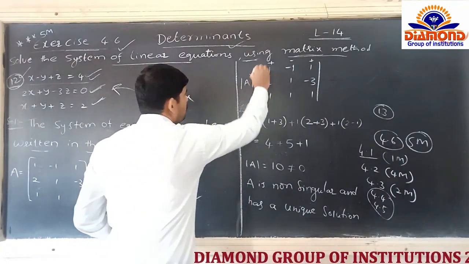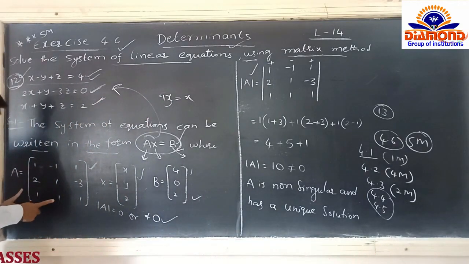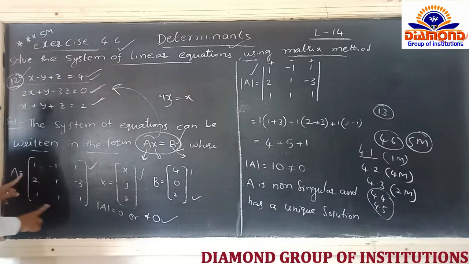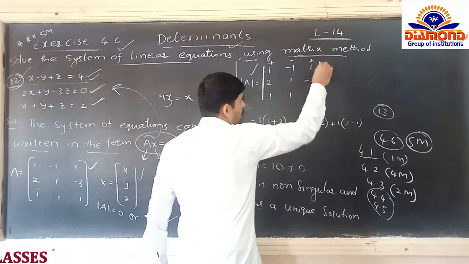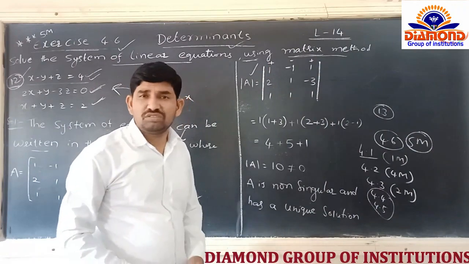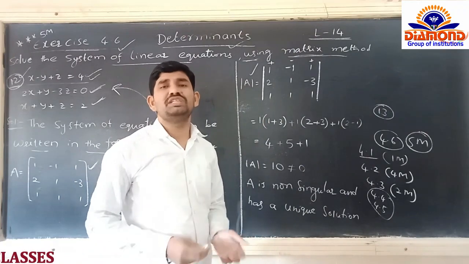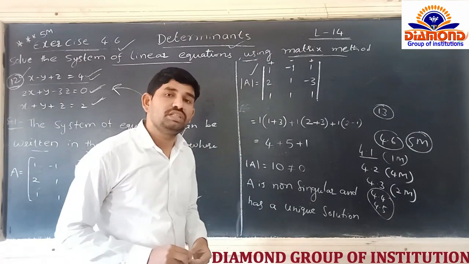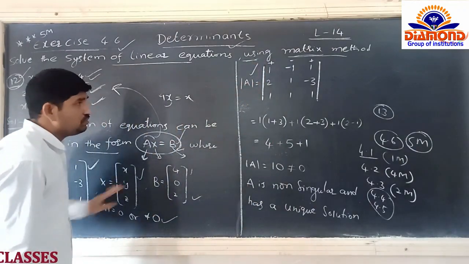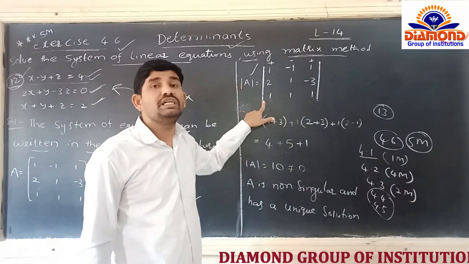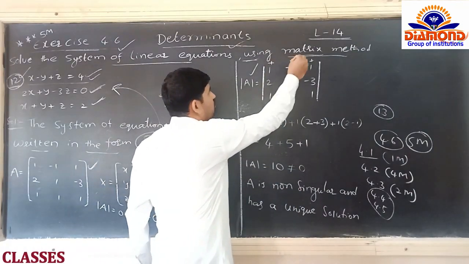So now see, first we start with the determinant of A. This is the matrix A here. Now I am going to apply the determinant on both sides. Now we can write determinant of A is equal to, using the determinant symbol like this. We know that in the first exercise we have completed this, and the chapter name is also determinants only. So we know how to make the determinant for a 2 by 2 matrix and for 3 by 3 matrices also. Yes or no? So now we are taking the determinant for the matrix A. This is the symbol which indicates the determinant.